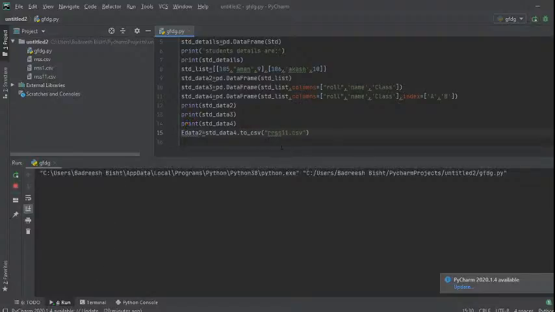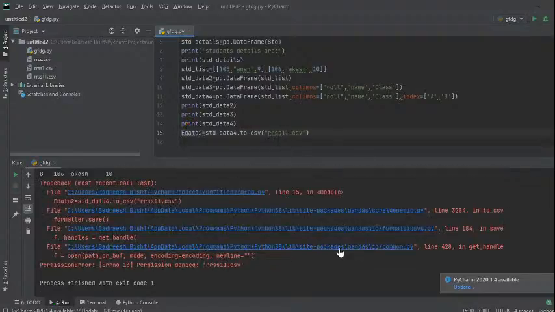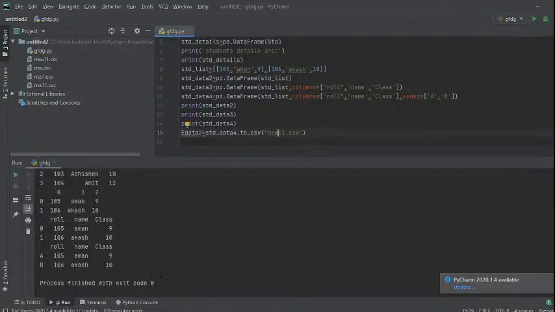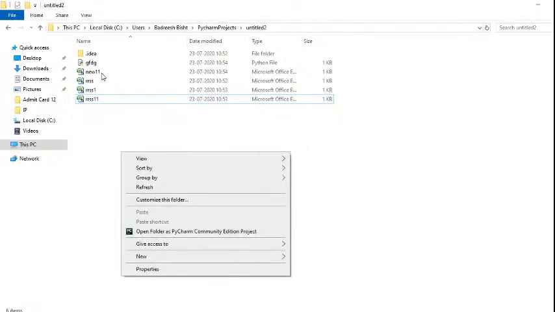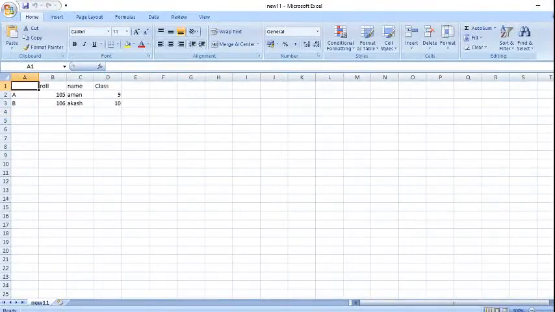If I do the same work again, it will give me an error because this CSV name is already there, right? If I change the name, now new CSV, new 11, there will be no error and a new file will get generated here. This is the new one, right? So this is the way to create it.